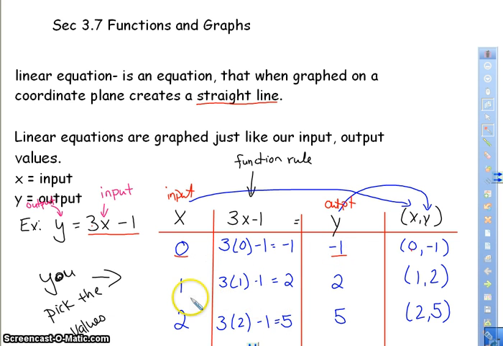For the next one, I have an x value of 1. So I take 3 times 1, which is 3, minus 1, which is 2. That's my y value, my output. 1, 2 is my next ordered pair. And for the last one, I have 2 as my x value. So I take 3 times 2, which is 6. 6 minus 1 is 5. So I have 2, 5 as my ordered pair. Okay? Then to graph these,